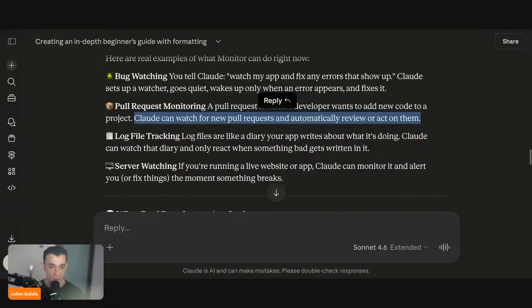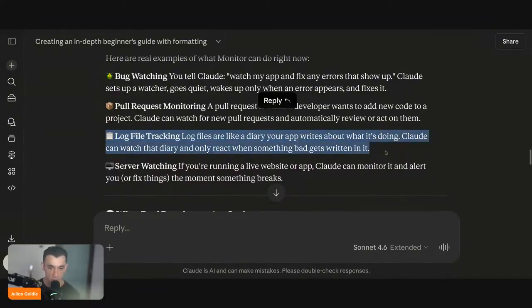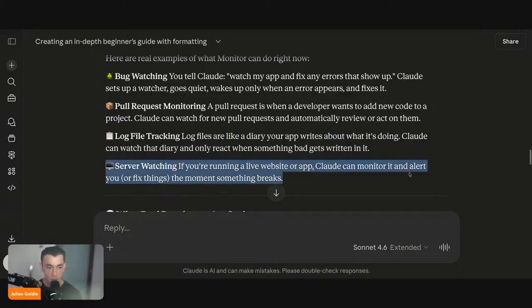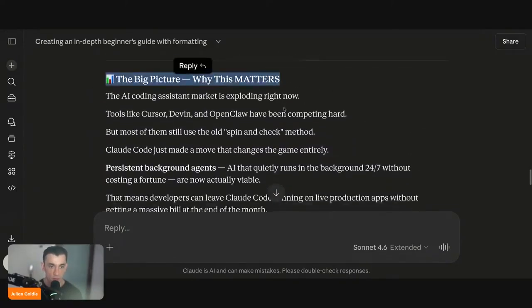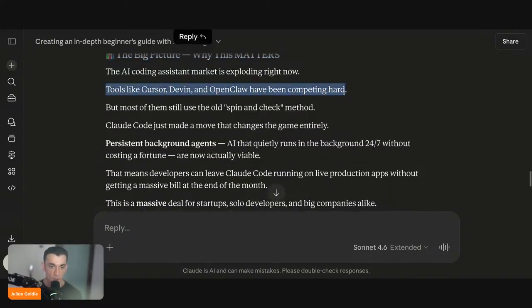It could also do log file tracking. So it could check log files, which are kind of like a diary. Your app writes about what it's doing, and Claude can watch the diary and only react when something bad gets written in it. And then also server watching. If you're running a live website or an app, Claude can monitor it and then alert you or fix things the moment it breaks. So this is really important for a lot of different agents because you've got tools like OpenClaw, you've got stuff